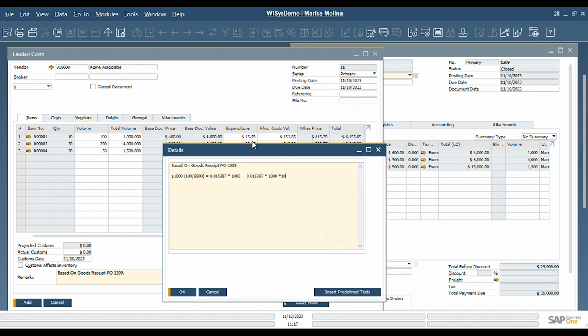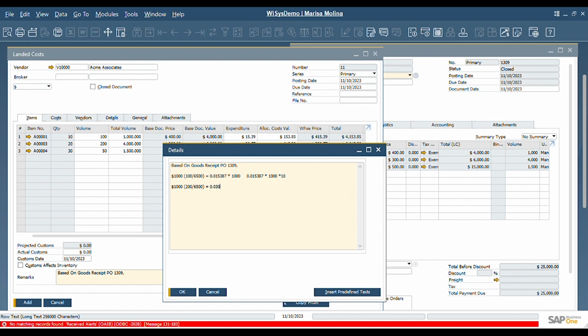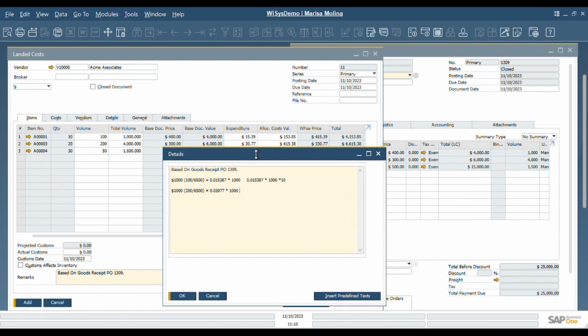So basically this 1539, it is 100 divided by the 1600 times 1000. So basically that's your calculation, and it's going to be the same thing for the other, right? So basically I will have the 1000, then it will be the volume for the second one, and in this case that's going to be 0.37, and then times the 1000. So basically that's what I have, the second amount,